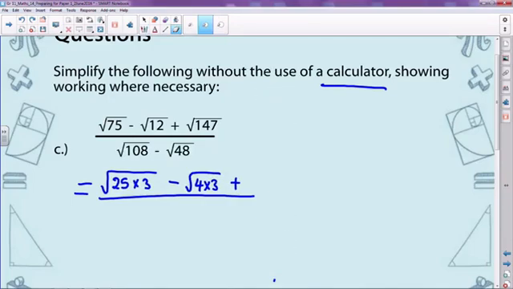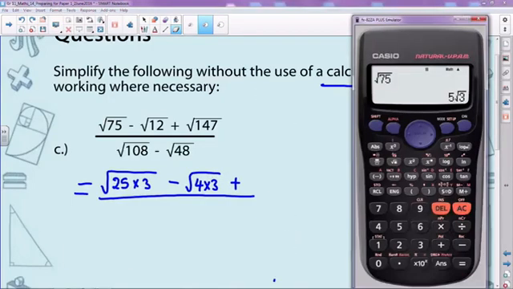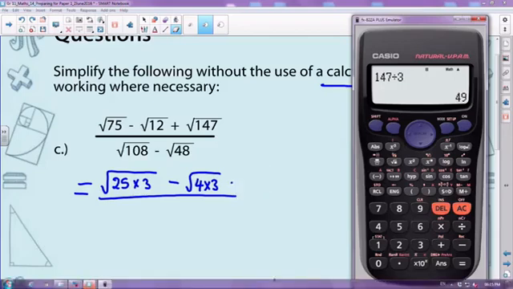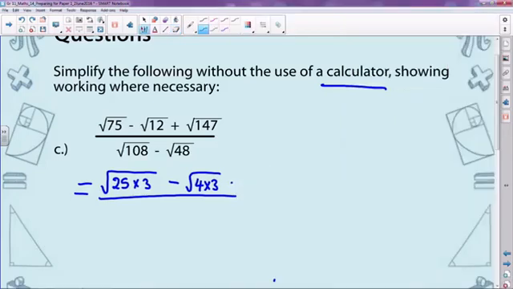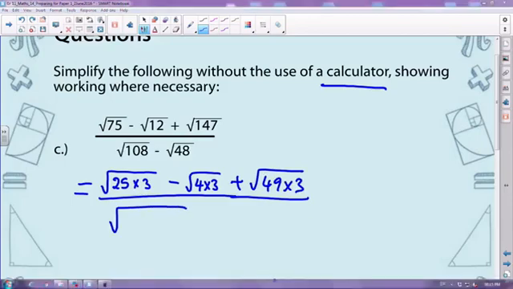Now you go to 147. What is 147 divided by 3? Get 49. So you've got the square root, plus square root of 49 times 3. And then the 108 is going to be the square root of